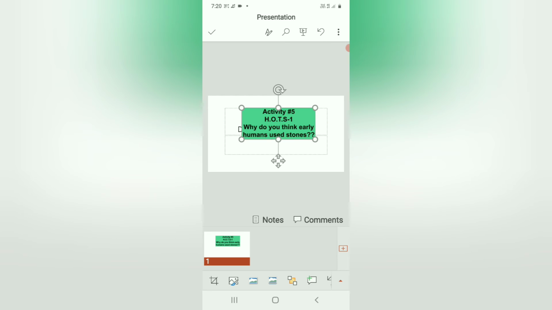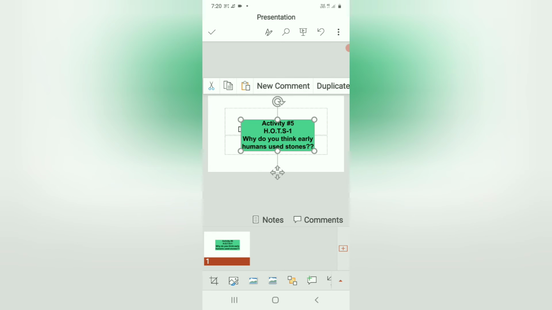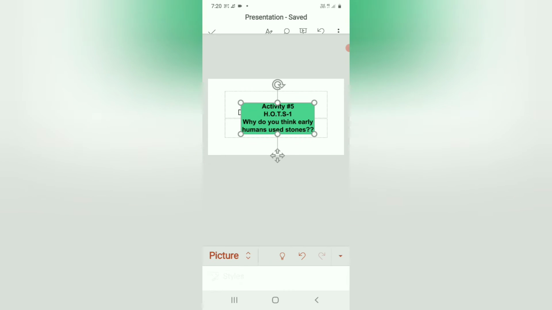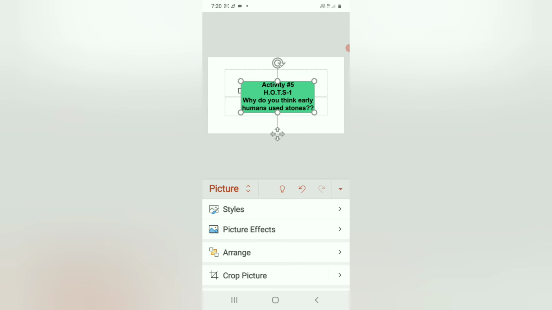Doing it here. Bring it forward, duplicate, copy the format, everything you can do here. Don't worry about that. This is mobile, but you can find features. Don't worry about that.